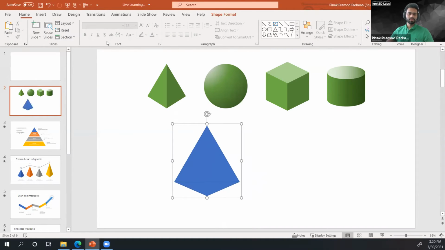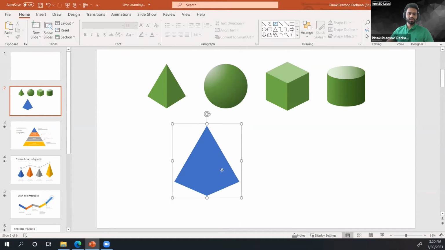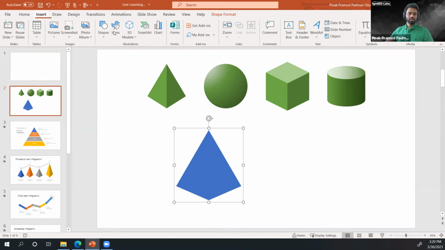Now, I'm just going to remove the outline so it doesn't look like it's broken apart. Okay, now the next thing you have to do is basically try to cut it from the center. There are multiple ways. I'm going to show you the easiest one. You go to insert shapes